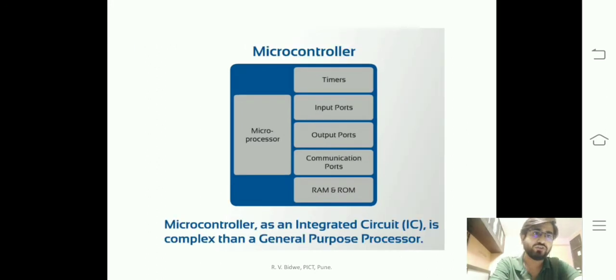In a controller you will have a processor, but that processor will not be as smart as a processor present in a computer. For example, let's assume we are talking about a fan, and in the fan there is a controller. If you add an i5 or i7 processor in a fan, you can imagine what the cost of the fan will be. The cost of an i5 or i7 processor is about 7,000 to 8,000 rupees. So the cost of the fan will be more than 10,000 rupees, right?